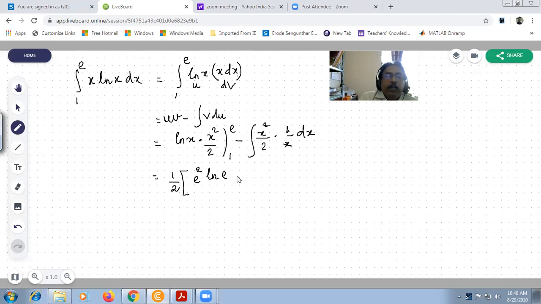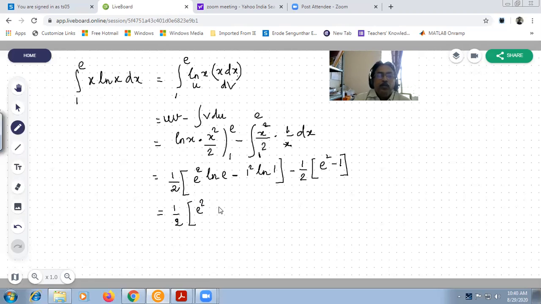E square ln E minus 1 square ln 1 minus 1 by 2, that is x square, E square minus 1, x square in the limit 1 to E. So 1 by 2, E square minus 0, minus, minus E square by 2 plus 1 by 2, plus 1 by 2, which is equal to